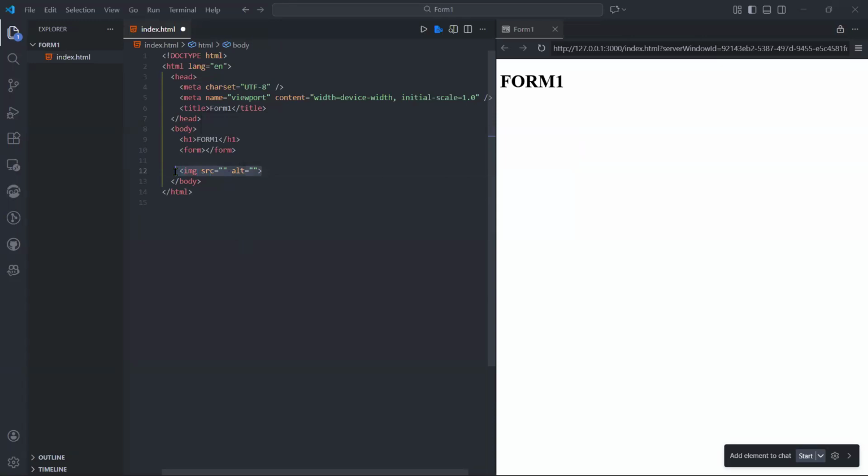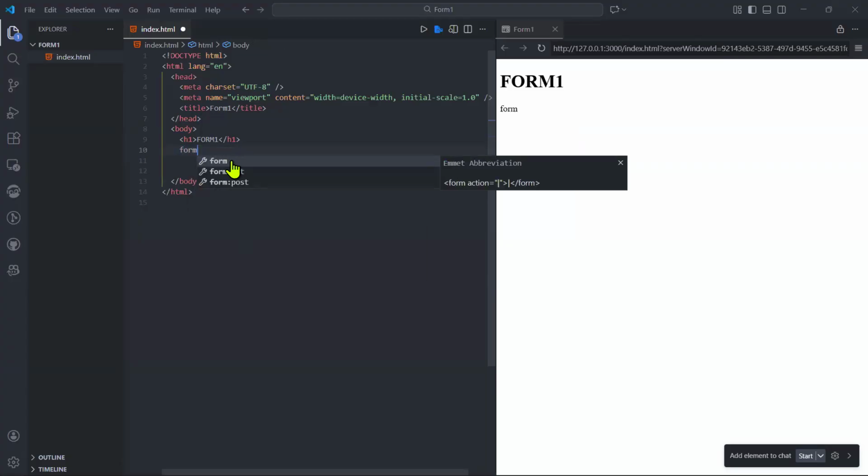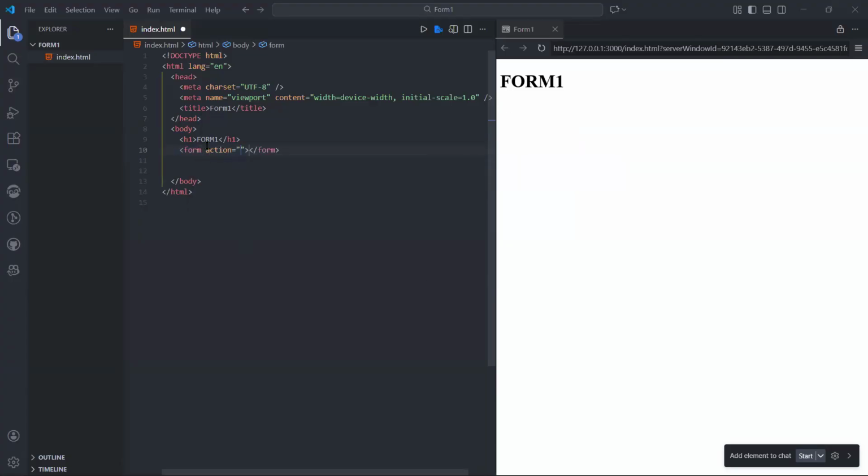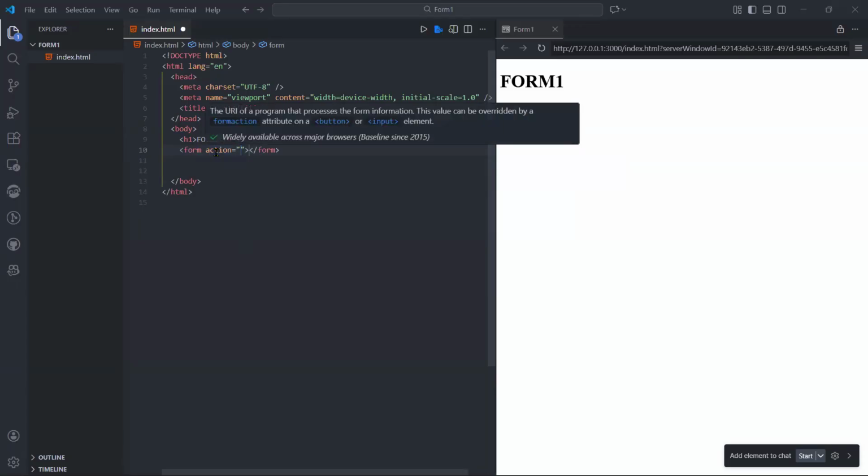So it's the same thing. If I introduce a form like this, it has to come with attributes. So if I write form and choose it, it has to come with an attribute. So this is an attribute, which is what? Action. And why is it important? It's important because